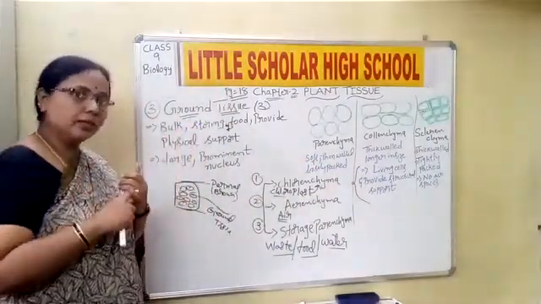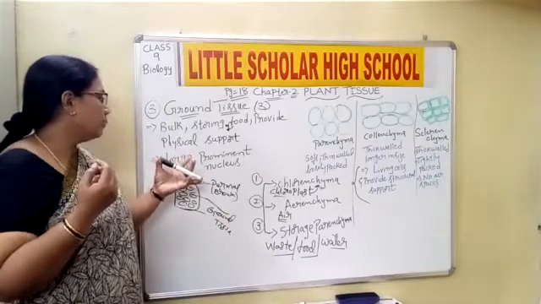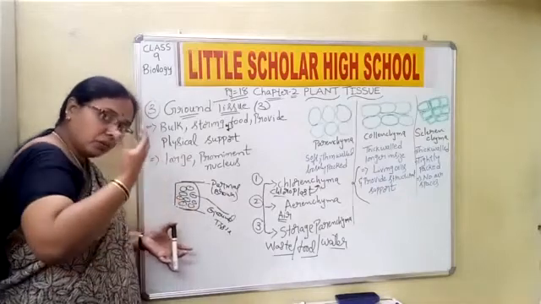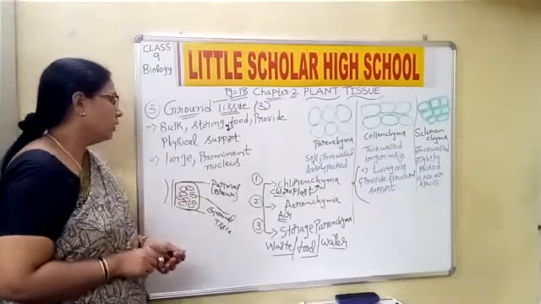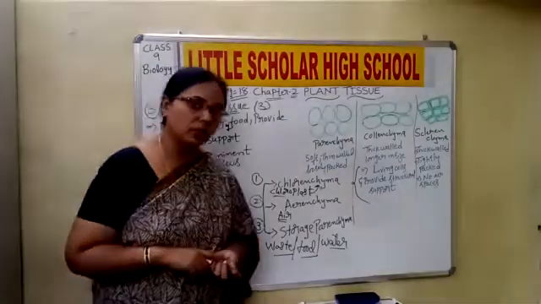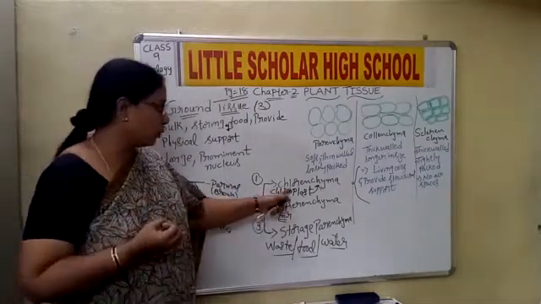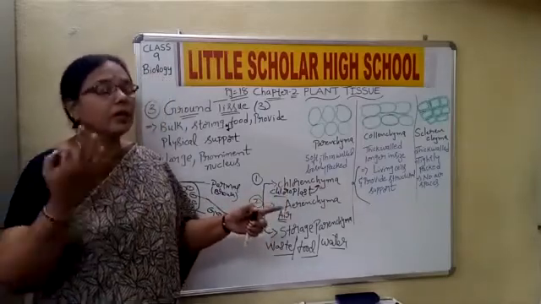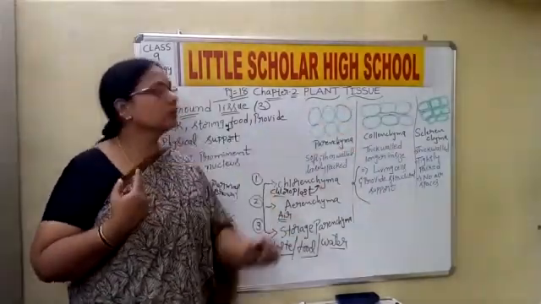Ground tissues form the bulk. They are the tissues which help in storage. They have a prominent nucleus, and because we are calling it ground tissue, ground means it forms the base, the physical support. Because of this only the shape is there. They are further divided into parenchyma, collenchyma, sclerenchyma. Parenchyma is further divided into chlorenchyma, because of chloroplast and chlorophyll, aerenchyma, and storage parenchyma. Then we have collenchyma and sclerenchyma.